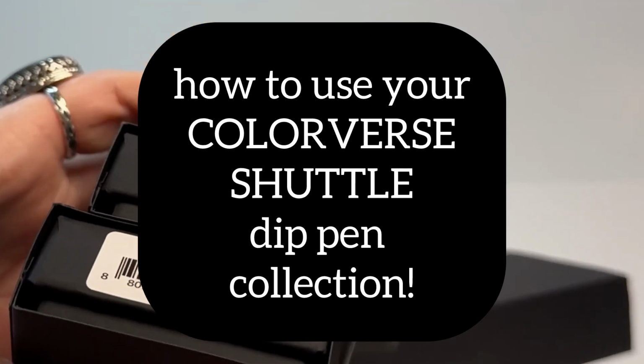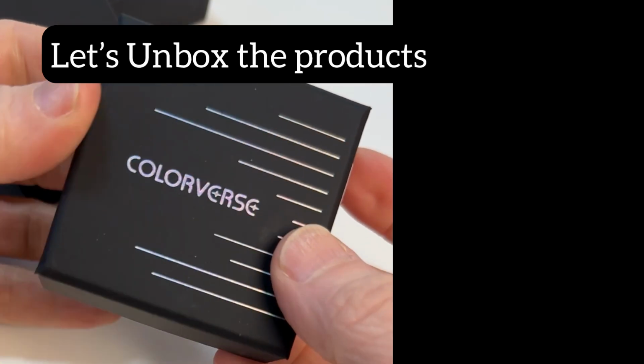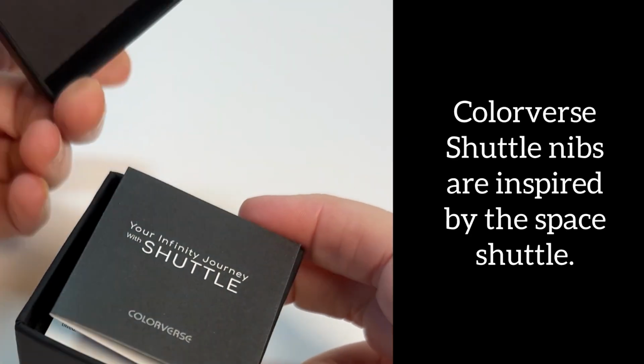The Colorverse Shuttle Collection just came in. I've been looking forward to it for months, so let's dig in. This is, to put it very simply, a dip pen collection that you get to customize by purchasing the pieces